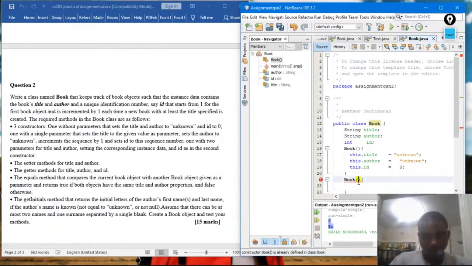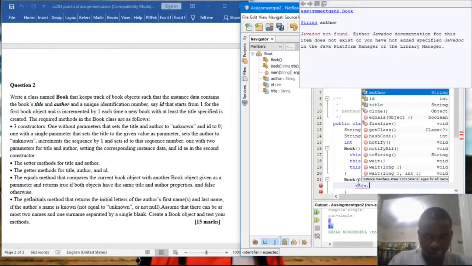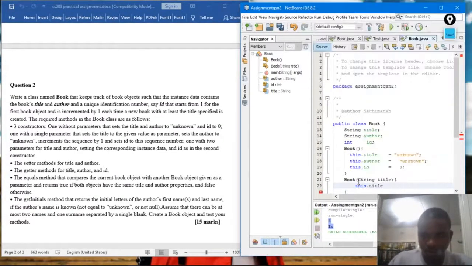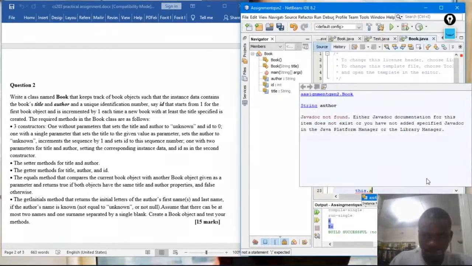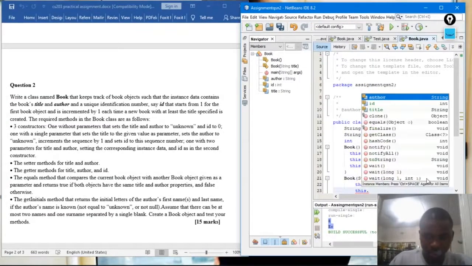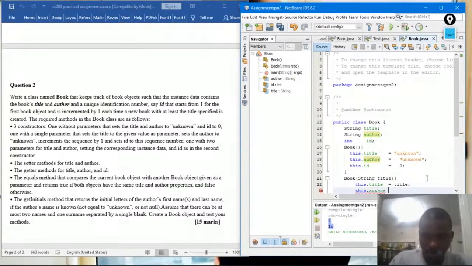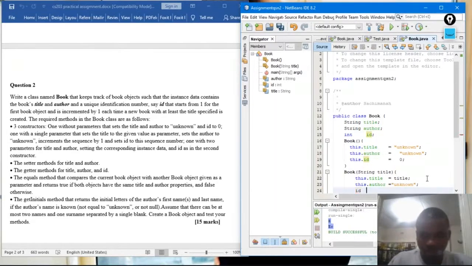So here we have to put some arguments like String title, and then we are going to set our title to this parameter title, and then we are going to set this.author to unknown and set our id